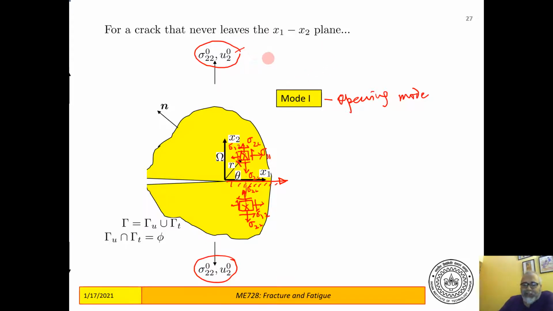Okay, the other possibility could be that we apply remote stresses that are in the 1 2 direction, so we apply either remotely sigma 120 or u10. So what we are trying to do is move the upper crack face to the right, and the lower crack face we are trying to move it to the left. So the crack is known to be in its shearing mode. In the shearing mode, you have